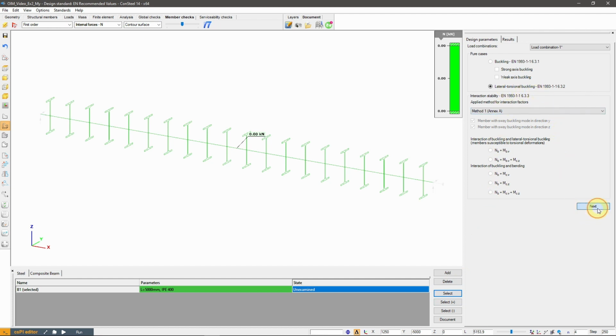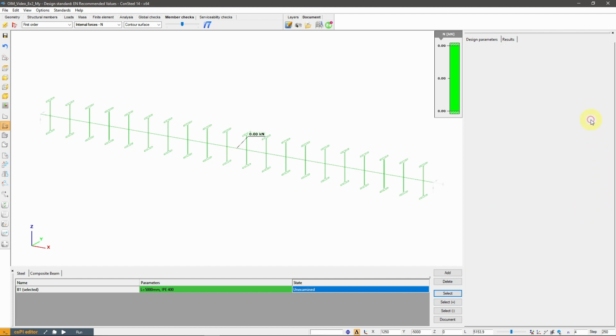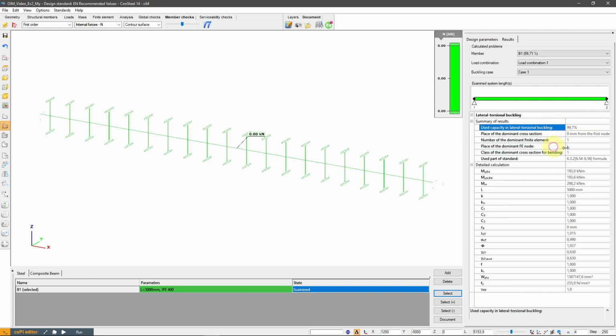Also, if we run a member check, we get a close to 100% result as well. These were the fundamental cases.